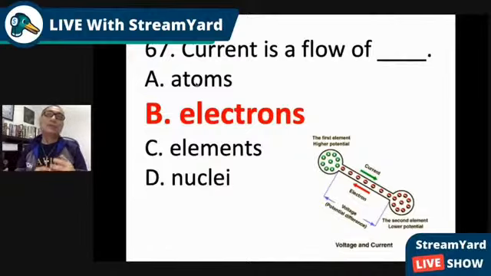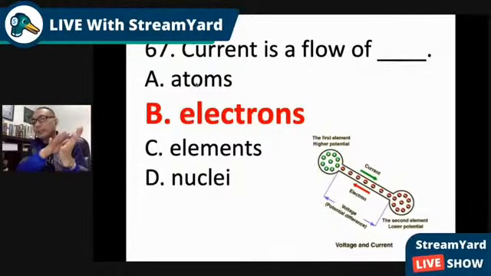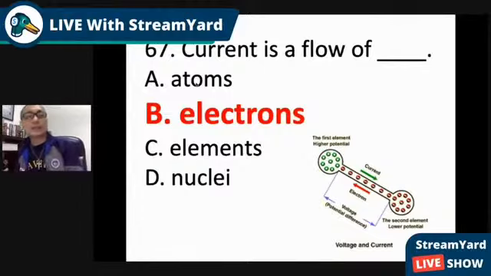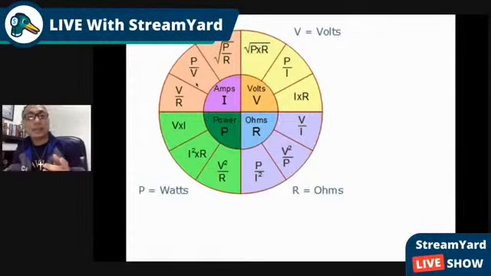So for you to understand better how current works, just imagine instead of electrons, water flowing. So the amount of water flowing is called current. How fast it flows because of gradient, that's voltage. And then the rocks in the river that stop water from flowing is resistance. By the way, these are some of the few equations for voltage, power, resistance, and current.